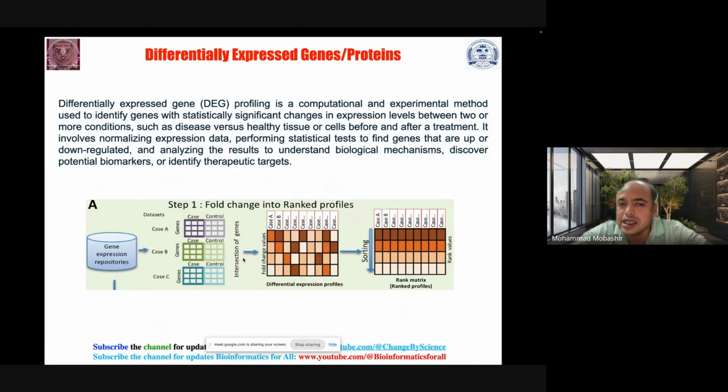Here you can see the intersection of the genes in terms of fold changes in different cases and different controls. And you can also sort them in ascending or descending order. Now, you need to understand the concept behind differentially expressed genes or proteins, or differentially expressed microRNAs or